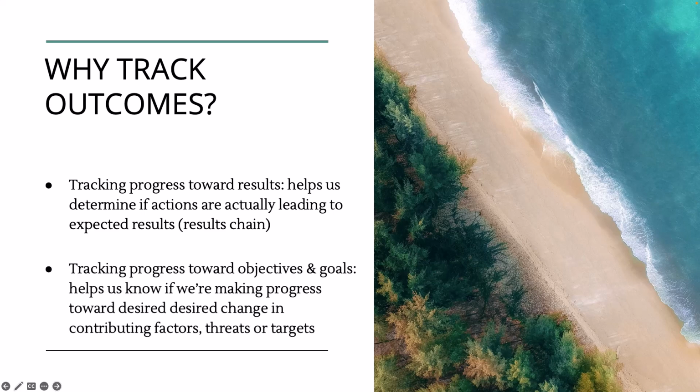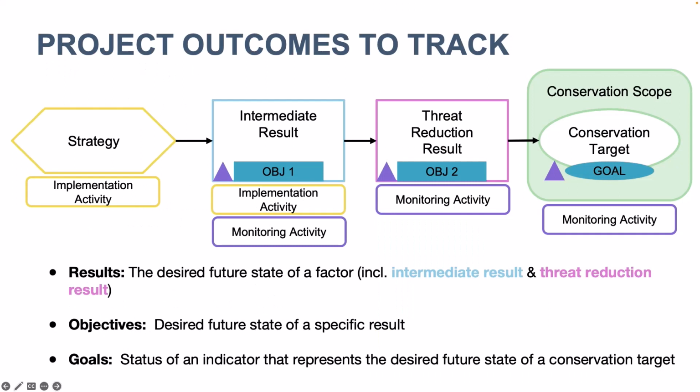And tracking indicators of progress towards objectives and goals will help a team know if they're making progress as expected towards the desired thresholds of change in a contributing factor, a threat, or a target. In addition to monitoring your actions, as discussed in Module 2, it's even more important to monitor progress towards your project's desired outcomes. As shown in this results chain, the project outcomes that you will want to track